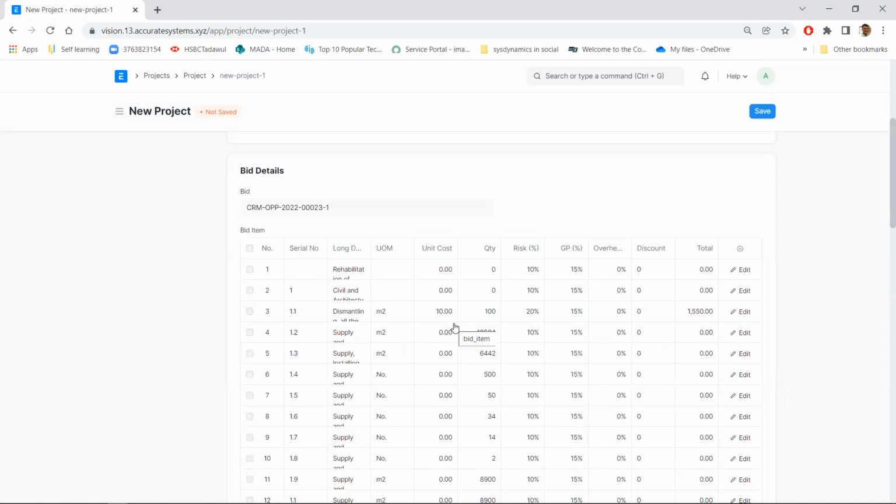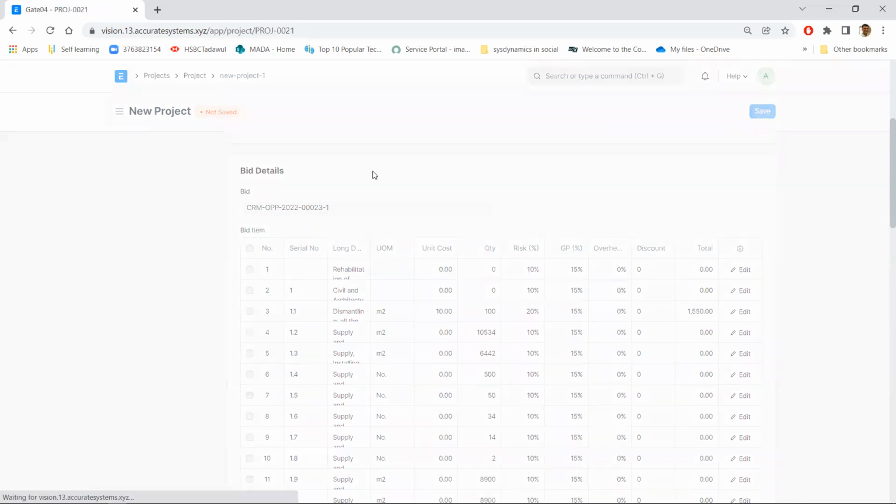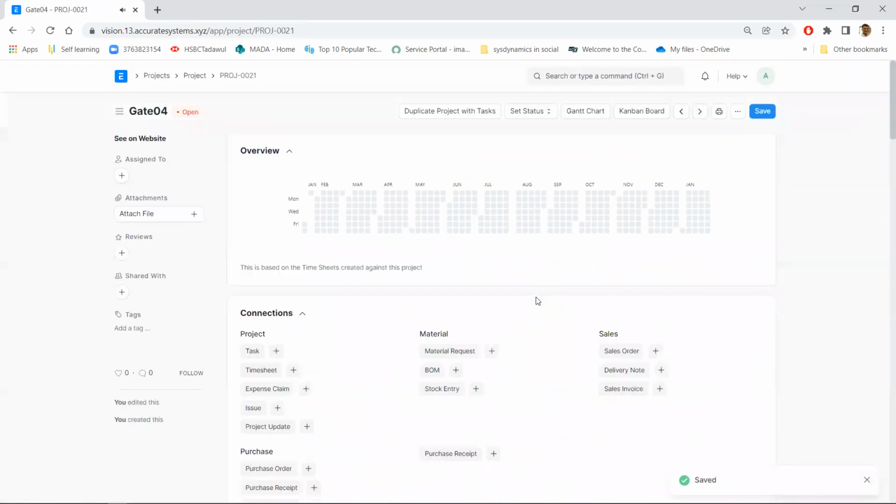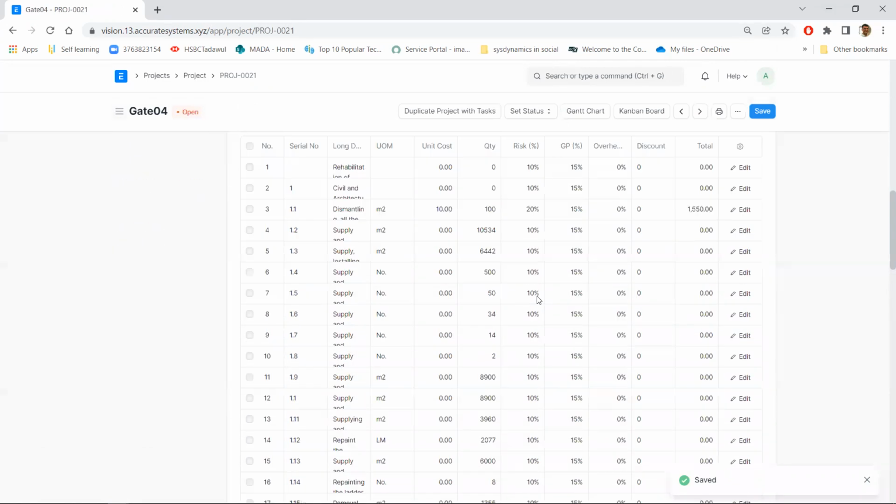Typically, it includes supply of materials, construction, services, rental of equipment, which can span multiple bid items or multiple time periods that are not necessarily directly linked to the bid item that you specify there. But it is kept here for reference purposes because